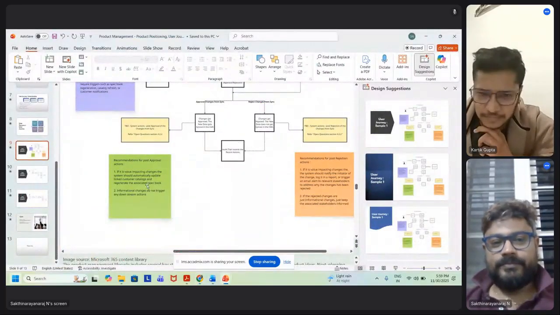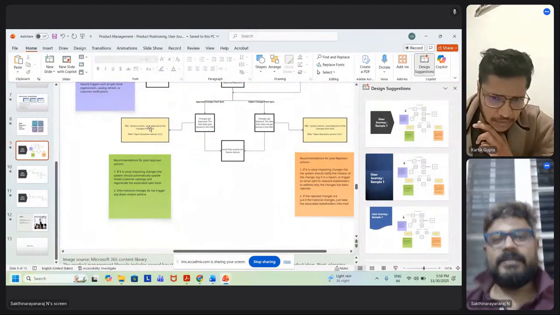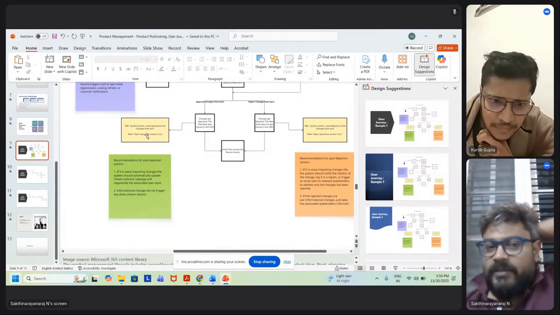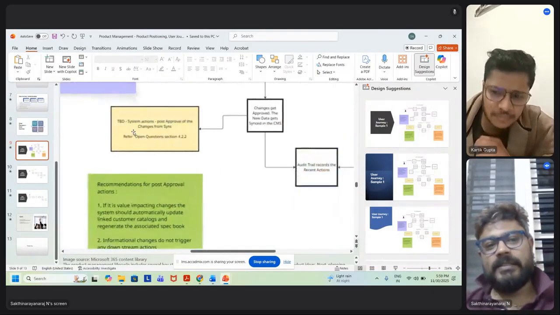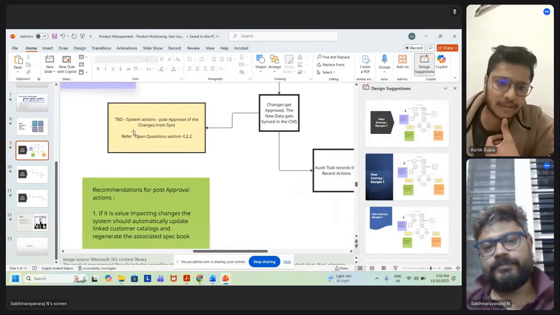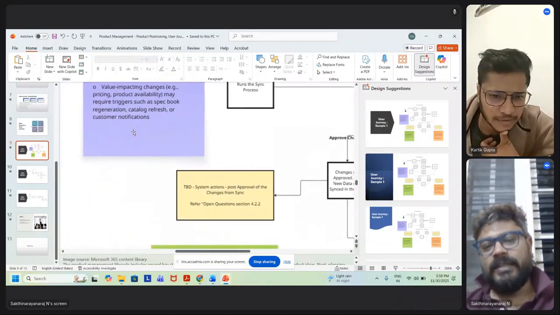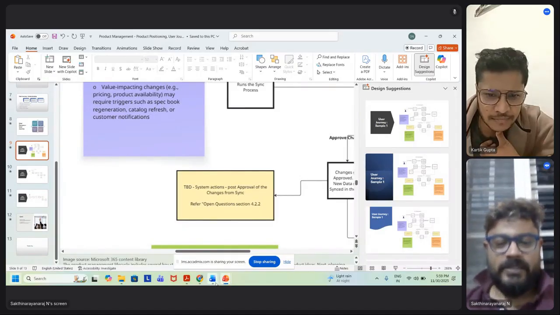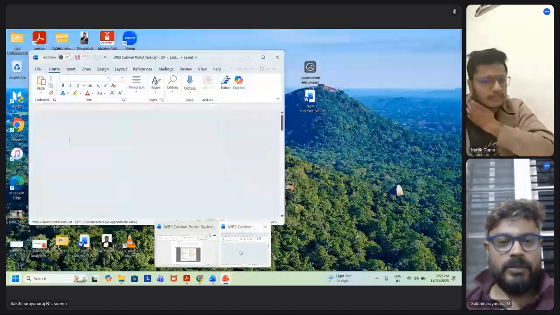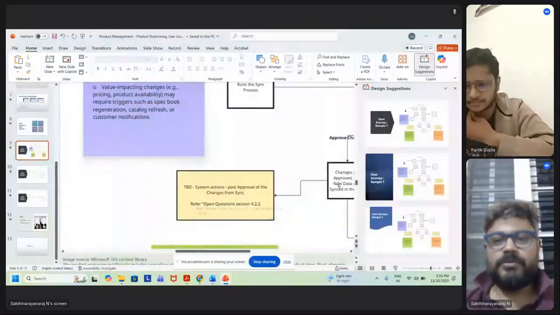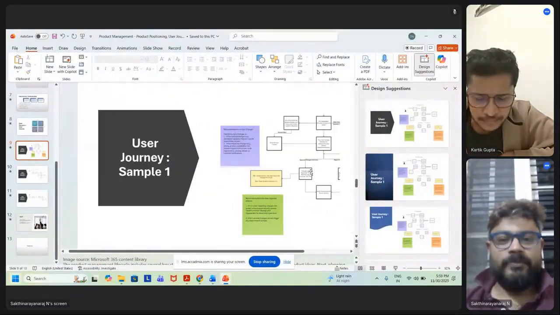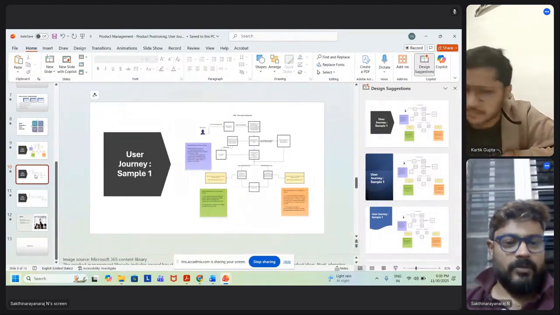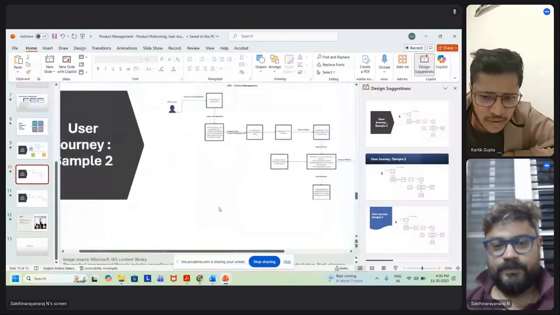And there will sometimes be some items marked to be decided, right? All that I mention as to be decided. For that, I would have an open question section. It's from a BRD document. I'll just show you the BRD document if you want. I'm not supposed to, but I'll remove all the compliance information and show it to you later.